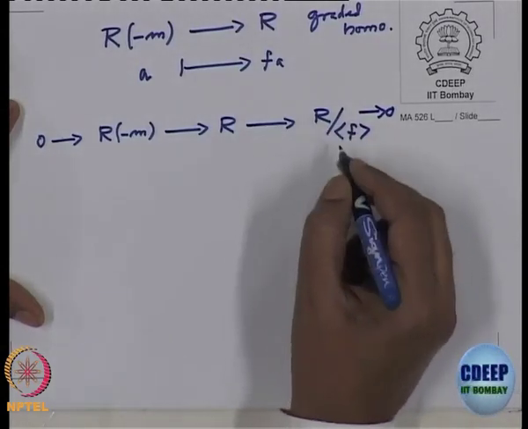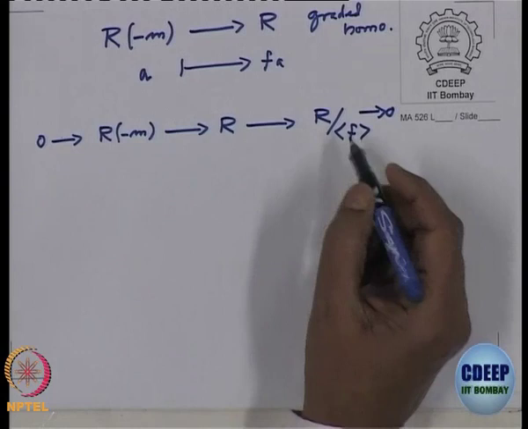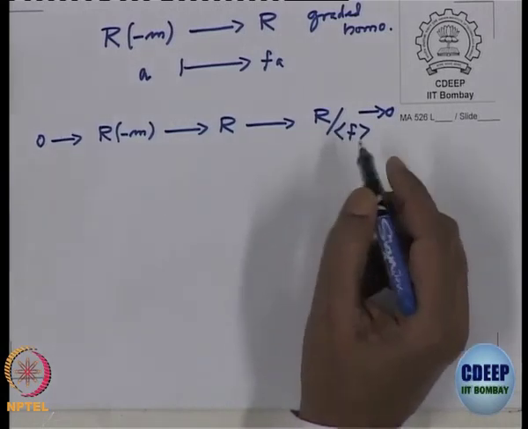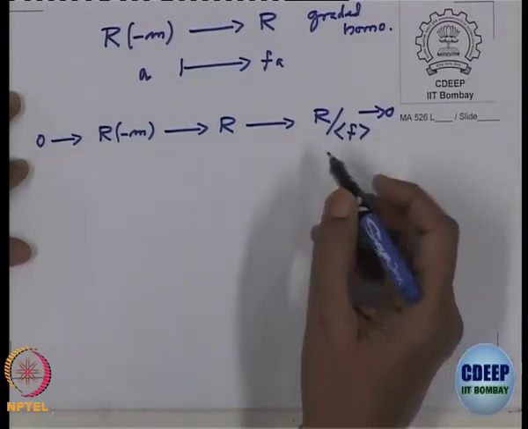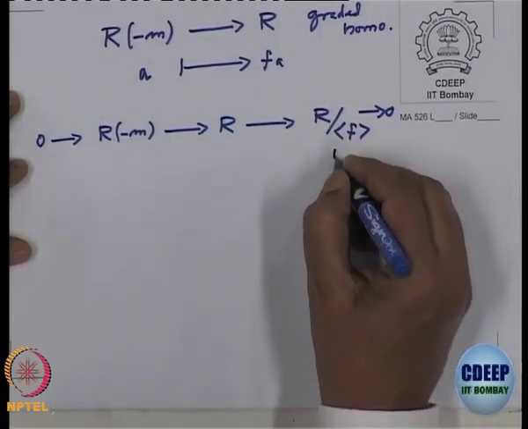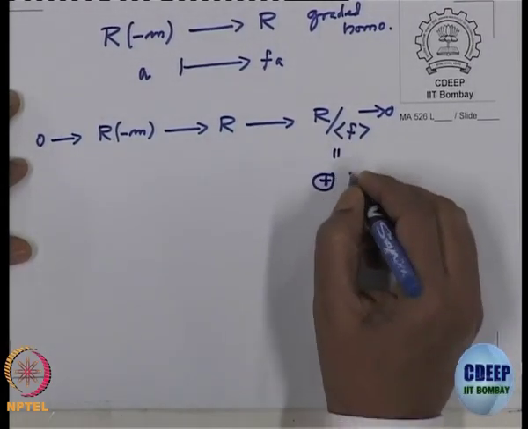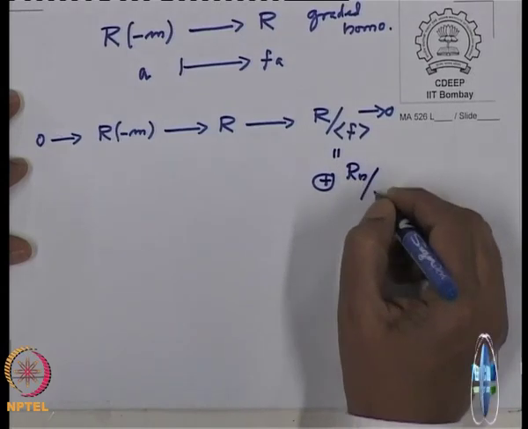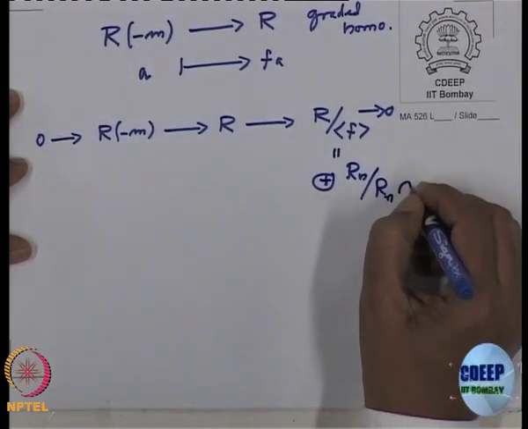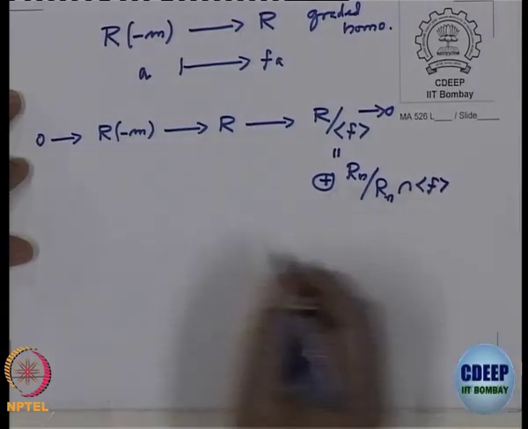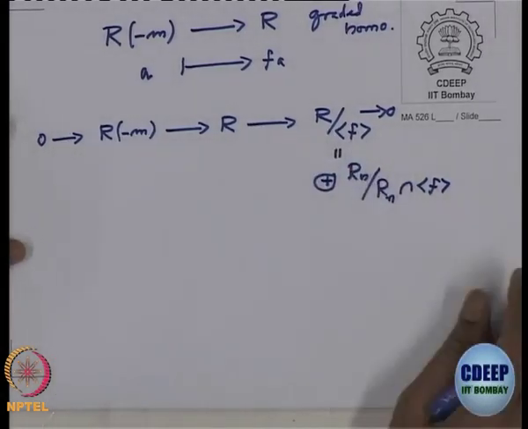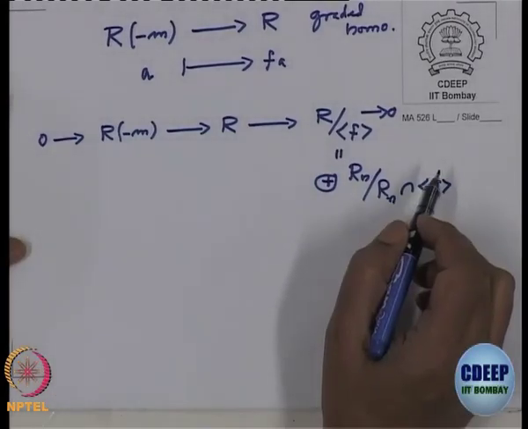This also has a grading already because it is a quotient of a graded module. So, here this is the same thing as R_n mod R_n intersection with this. So I have an exact sequence of graded modules, and just now we have seen that